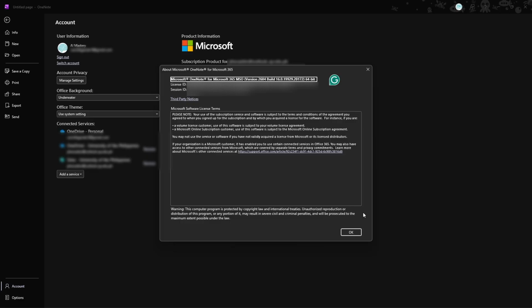To recap, the path is straightforward. Open OneNote on your desktop, select File, choose Account, and check About OneNote under Product Information to see the exact version and build. With that information in hand, you'll be able to follow guides confidently, communicate clearly with support, and confirm that you're using the features intended for your